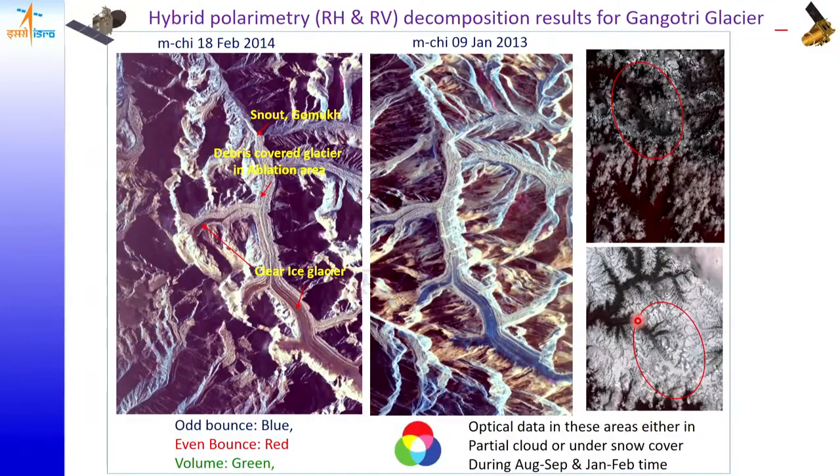Then because we want all weather capability, it is not just the monitoring, because from the disaster point of view, from the defense point of view, we need to see these glaciers, whether it is cloudy condition or whether it is snow condition. The same Gangotri glacier in the monsoon or in the winter is very difficult to recognize, but in the radar images, because they are not dependent upon the reflective energy from the sun, which is detected by the remote sensing sensors,